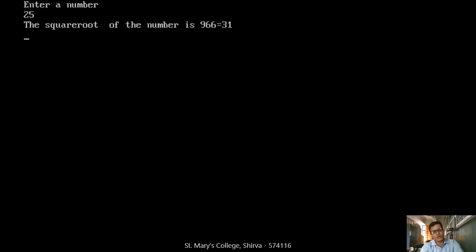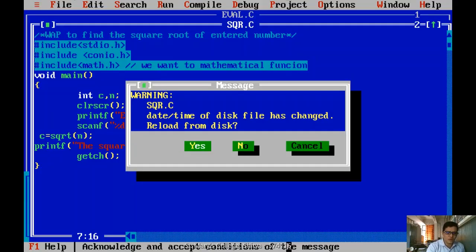Now enter the number. I am entering 25. What is the output of 25? It is 5, right? I am entering that. If you see here, it has given a mistake, right? Why is it a mistake? Because I have used the numlock. Please observe here, whenever you are using this Turbo C++ editor, don't use numlock. You have to use the upper keypad numbers. Okay, so that is why I got the wrong answer.